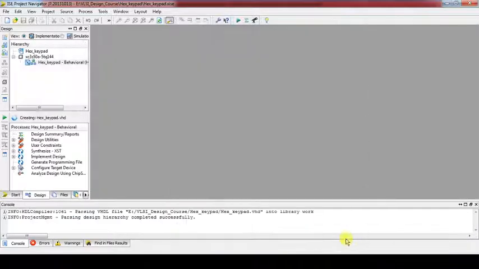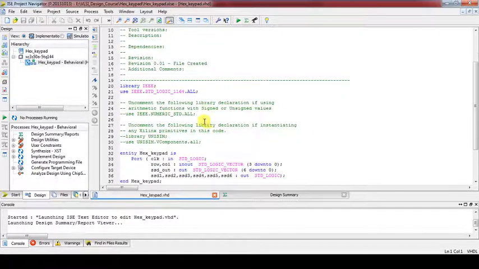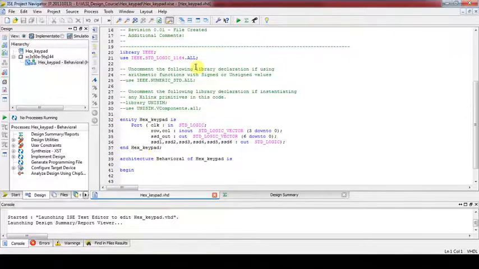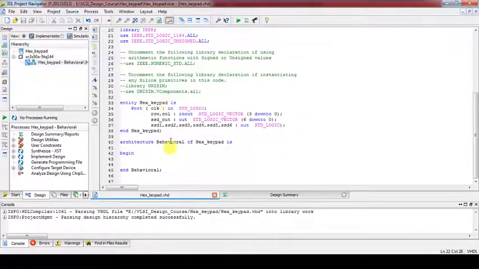Next, finish. As usual it will create our library declarations, entity declaration, and the architecture. This architecture body we are going to write now. We are going to use a counter for the clock divider, so let's declare a very useful library, or what we call a package, which supports the addition and subtraction operators.